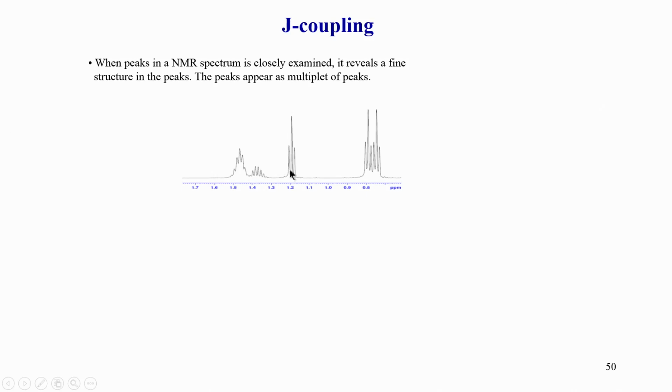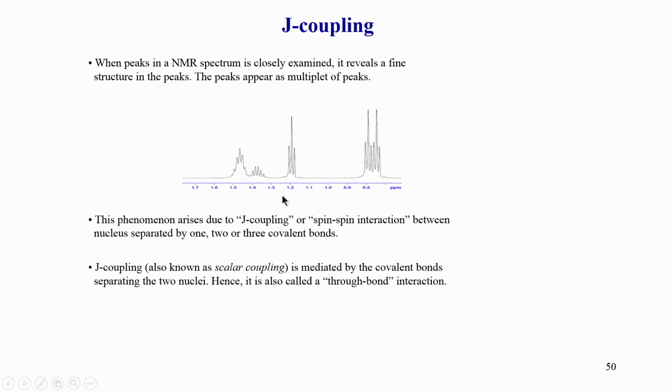If you look at any NMR spectrum, you will never see a single peak, you will always see multiple structures like this, and that happens because of this phenomenon called J coupling or scalar coupling. J coupling has a very rich history and how it was discovered is very interesting. You can have a look at different textbooks to see how it was actually discovered. We use different words for J coupling; sometimes in textbooks you will see the words spin interaction or scalar coupling and so on. J coupling essentially happens only when there is a covalent bond between two hydrogens. That is why we use the words through-bond interaction.